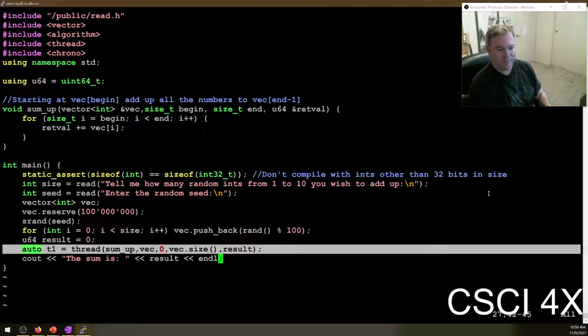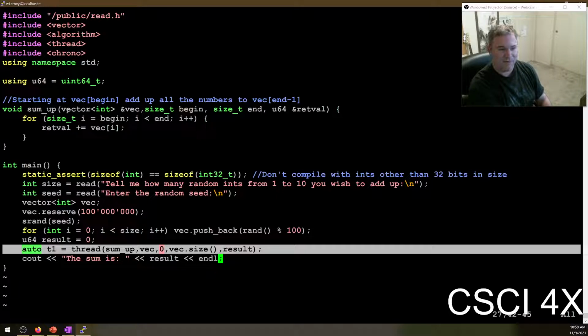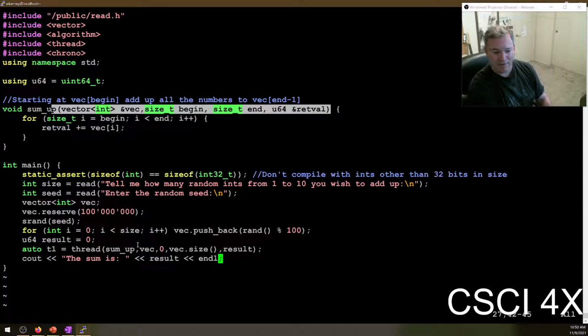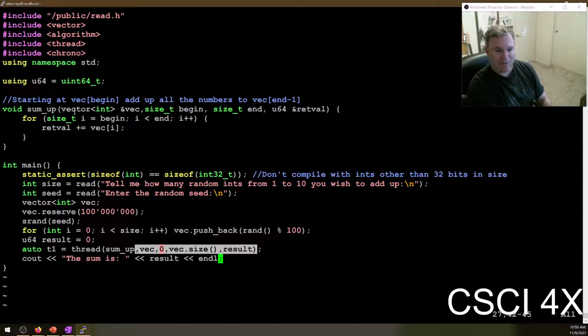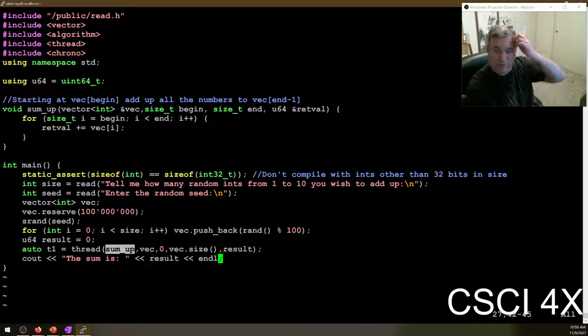And so thread will do what's called a forwarding reference. It'll actually forward this and this and this and this. It'll forward it over to this. So these parameters you put in here just get forwarded over to here. And then the first parameter is the name of the function that's going to be run. So when the thread spawns off, it runs this function, passing in these parameters, and then basically,